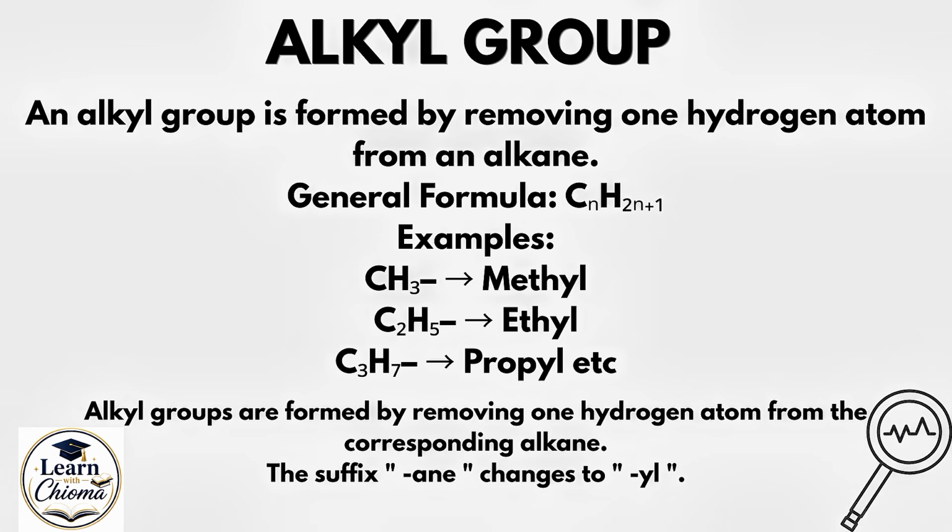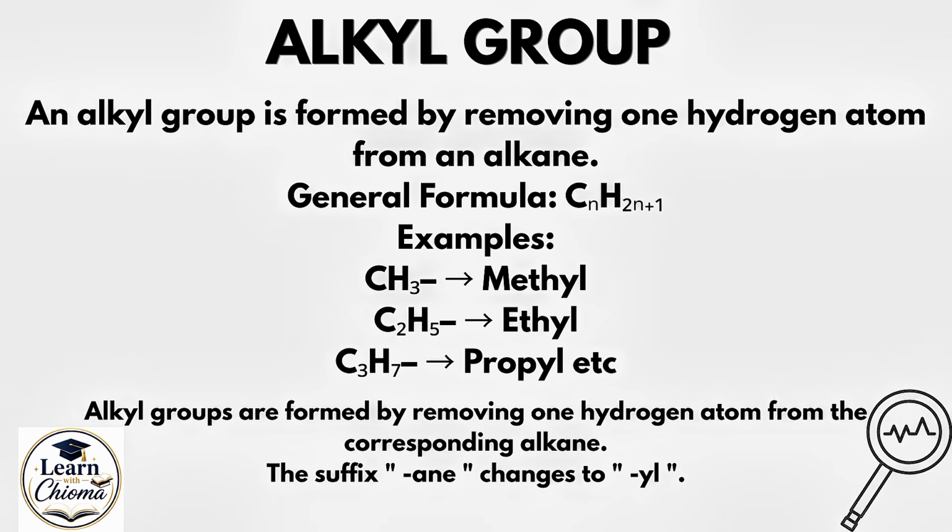Butane becomes butyl, written as CH. Pentane becomes pentyl, written as CH. These alkyl groups are very important because they appear frequently as branches in organic compounds. For instance, in the compound 2-methyloctane, the word methyl tells us that a methyl group is attached to the second carbon atom of the main chain. Understanding alkyl groups will make it much easier to identify substituents and correctly name branched organic compounds using the IUPAC